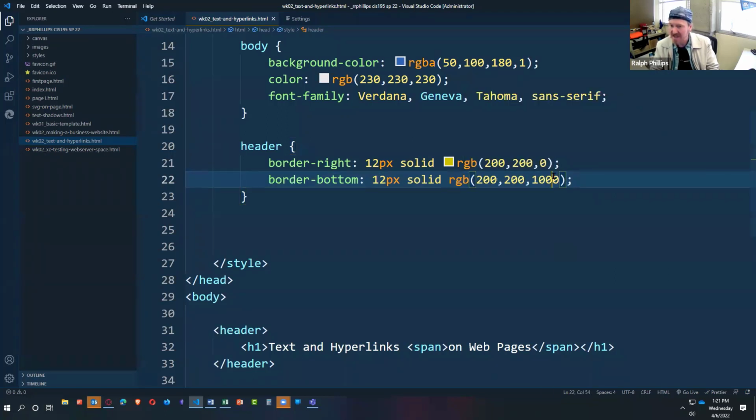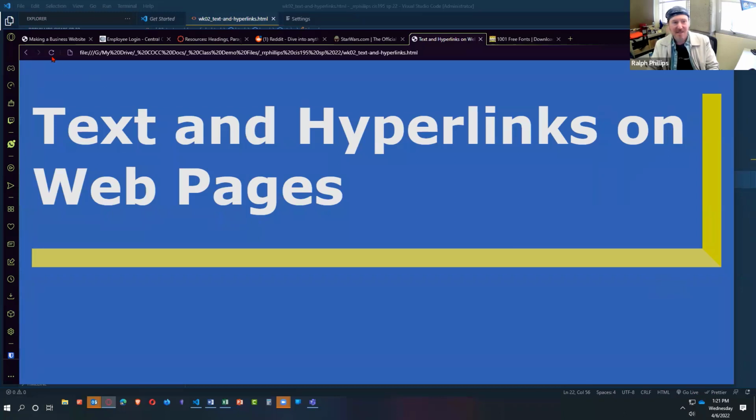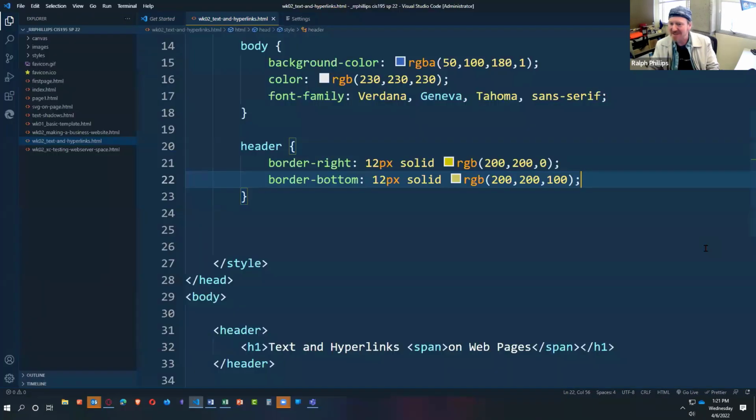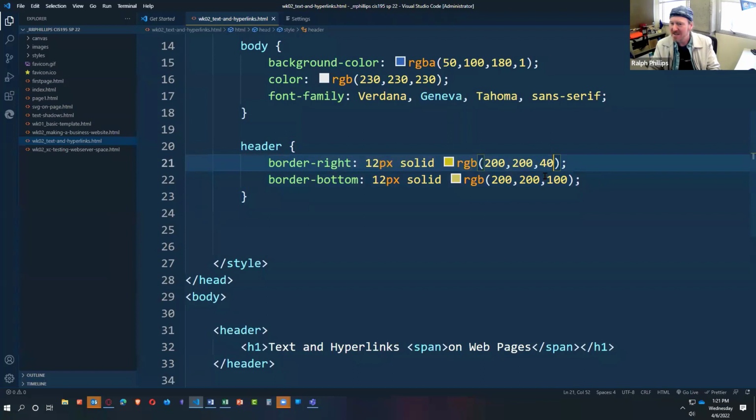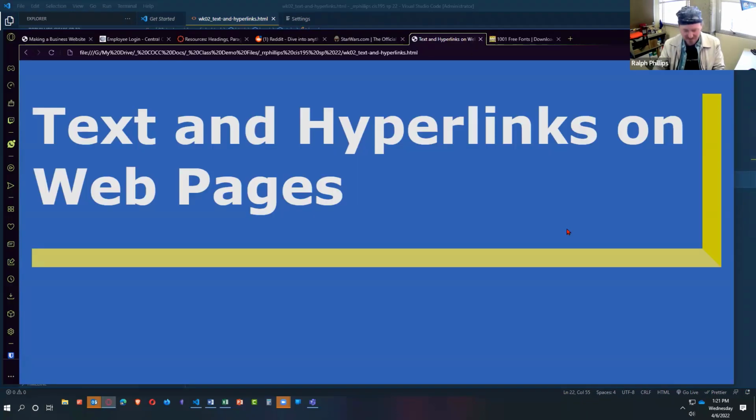Oops, not 1,000. I can't do 1,000. Come on. I'm using this crazy keyboard here in my office. It still doesn't stand out very much to you, but just trust me, it is a slightly different color there. So I'm going to put this back to 40. I'll put this one on 40 so they're the same colors. And I'll zoom out